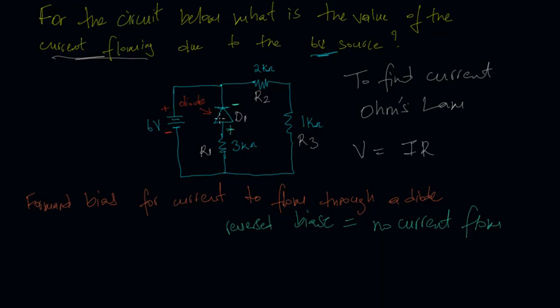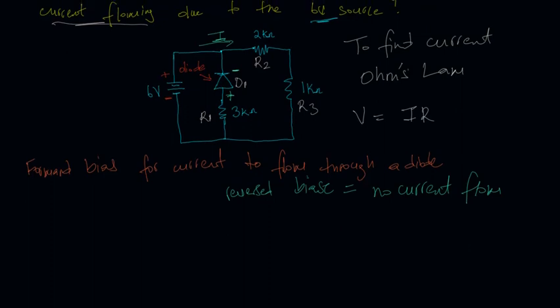all of the current will actually go right here, because this is in a reverse bias configuration, so it will act as an open right here. So there will be no current flow in this direction. All the current will flow in this direction. So we'll have all the current going this way. So if we have established that, we can find the resistance of our circuit, knowing how the current will flow